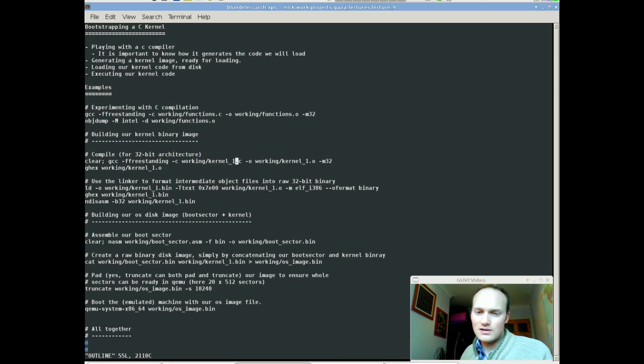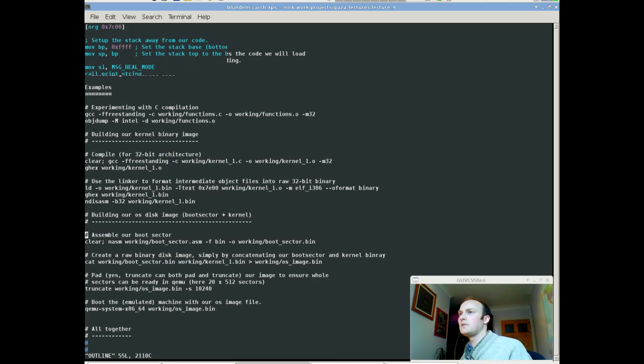So we compiled our kernel, we linked it, we turned it into binary, and once we had our kernel, we had our boot sector. Then we wrote our boot sector just to use that function that we had before. If I go back to my boot sector,